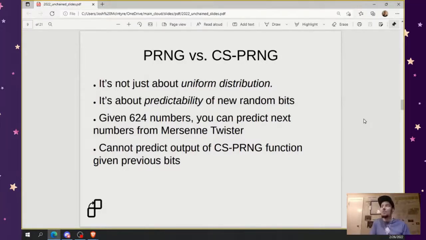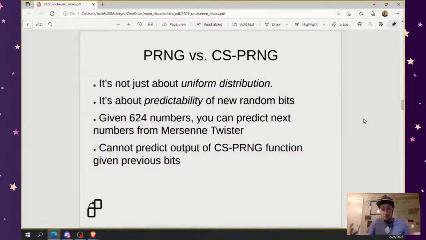It's also about the predictability of new random bits. What I mean by that is, if you're given a set of random numbers generated by this random function, can you use that information to predict future bits that will come out of that random function? So, for example, the very popular Mersenne twister, which is usually what you get when you use a programming language's built-in random function,